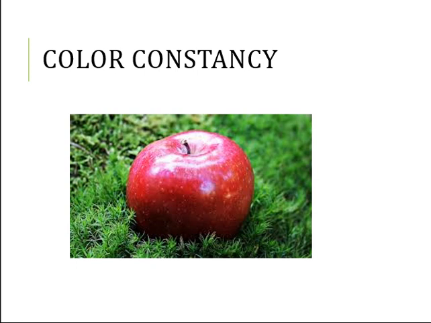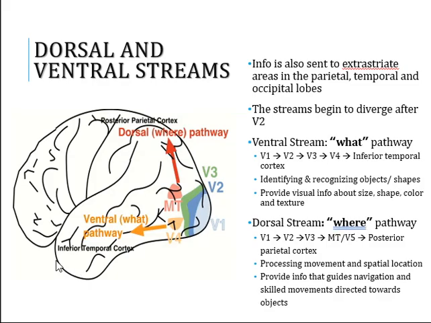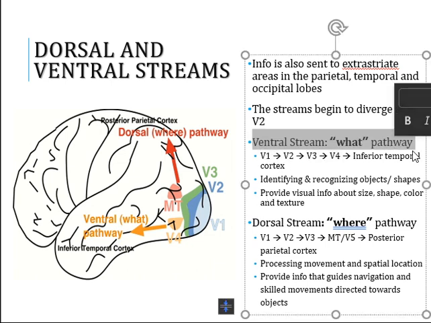So here we are to the dorsal and ventral streams. This information is sent to the extrastriate areas in the parietal, temporal, and occipital lobes. This is related to the stuff we were just talking about from the LGN to V1. So these streams will diverge. You go to V1, and then after V2, our streams will break into two main streams. So we have the ventral stream, which is V1, V2, V3 to V4, and then it goes to the inferior temporal cortex,